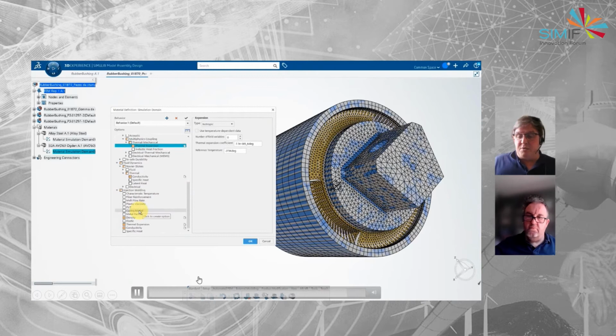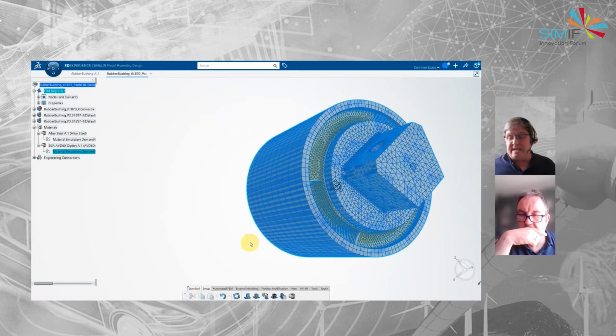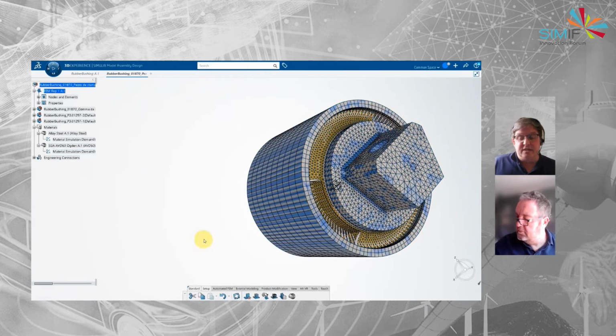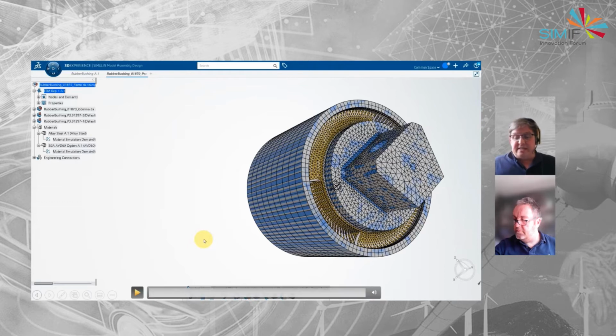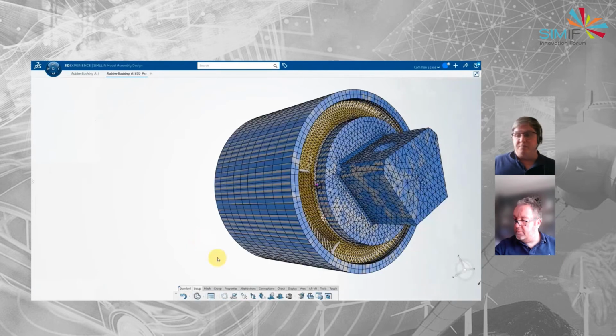Now on the elastomer part, we've got a custom hyperelastic material model selected. Specifically, it's got an Ogden model to capture the strains and the thermal and thermal structural expansion properties. So it also combines with it any hyperelastic response. So we've really got quite specific with the materials that we're putting in there.